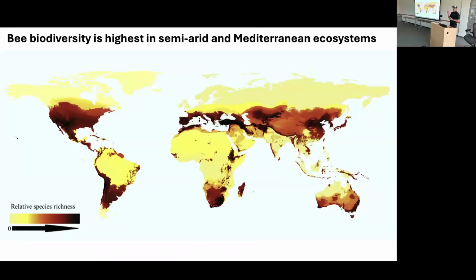In general, bee biodiversity is the highest in relatively arid ecosystems and even Mediterranean ecosystems. So often folks will think that, well, the tropics are probably where bee biodiversity is really concentrated. But in fact, the highest representation of bee biodiversity comes from these Mediterranean systems, and then these arid desert ecosystems like in Australia and the Western United States. Okay, so we're in luck, actually.